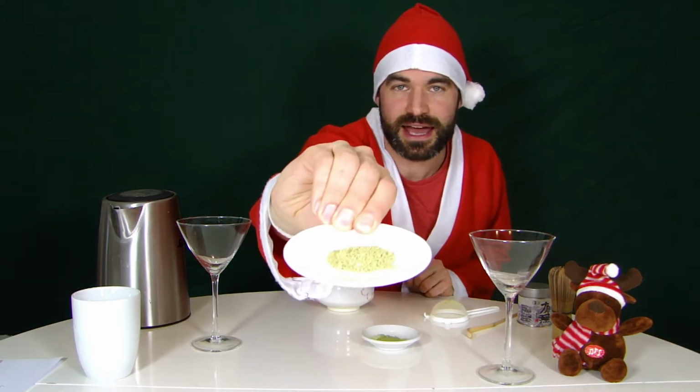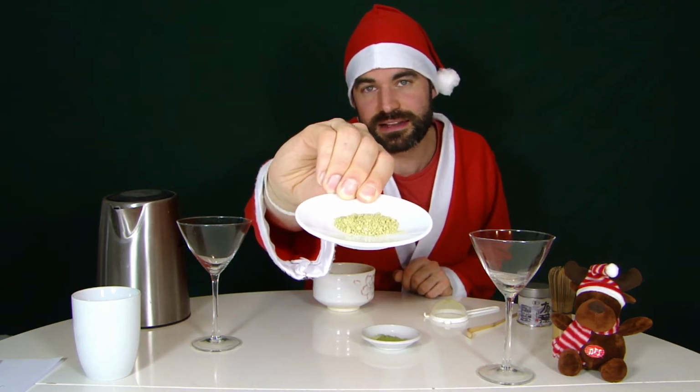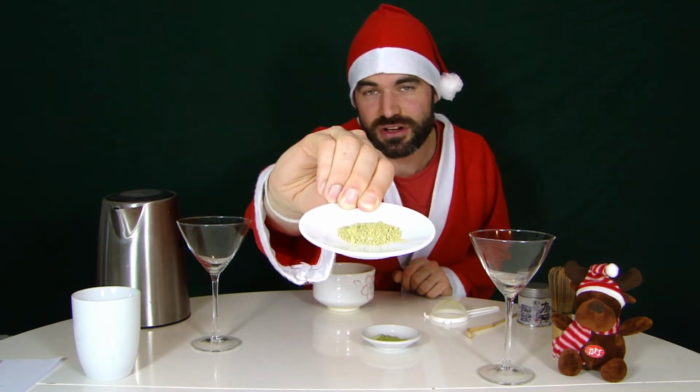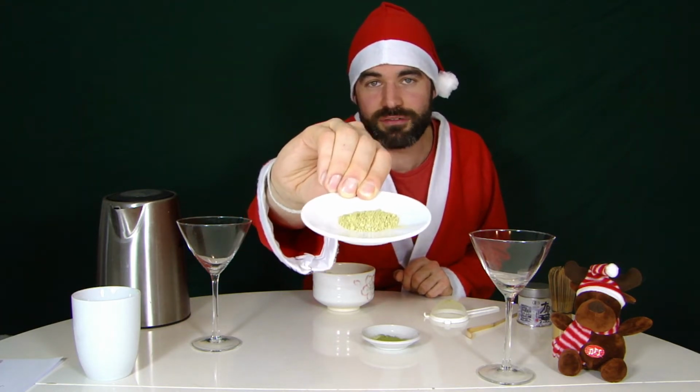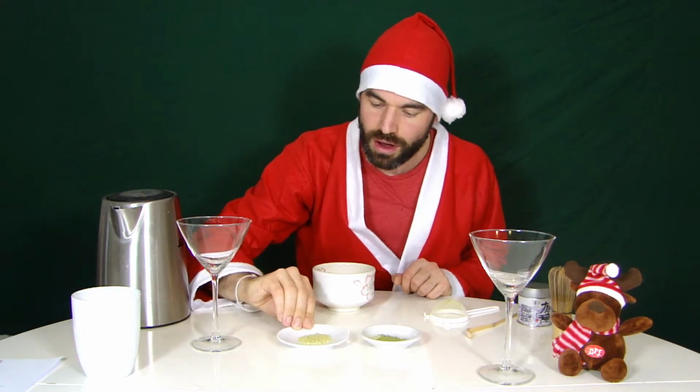Here I brought you a very basic standard culinary matcha. So you can see it in the color, it's kind of yellowish. There's no brightness of greenish color to it. This might be from the third or even fourth harvest of an organic tea field. Also in taste, when you just go in and taste it, there's a lot of bitterness to it. There's a maltiness to it, a strong maltiness, like flour, really a strong flat taste, followed by a